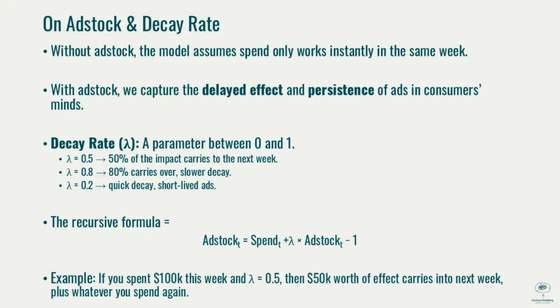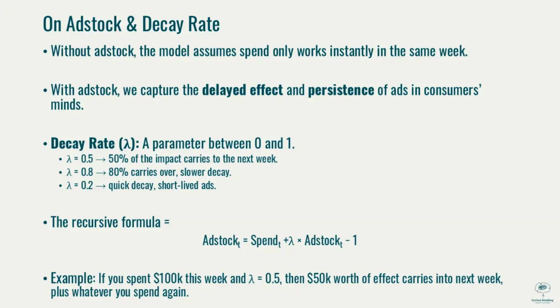So now to the concept of decay. Ad stock models how advertising impact fades, like the echo of a sound, loud at first, then fading gradually. The decay rate, which is your lambda value, is a parameter between 0 and 1. So we might say 0.5 suggests 50% of the impact carries to the next week. 0.8 says 80% carries over, which is a slower decay, whereas 0.2 is a quick decay